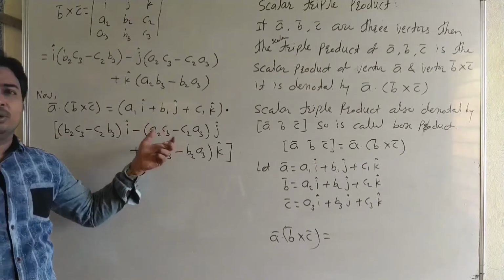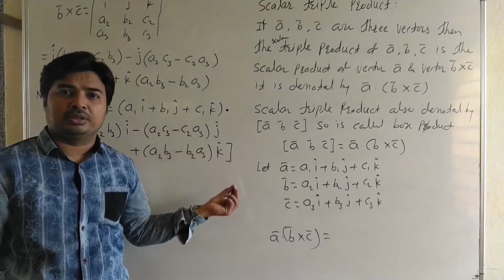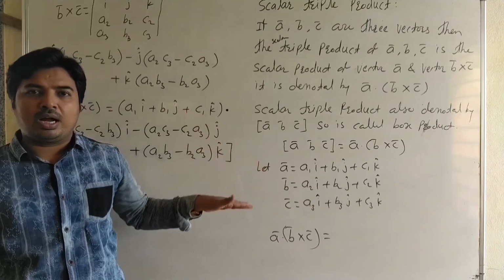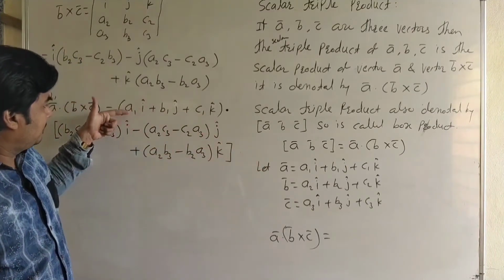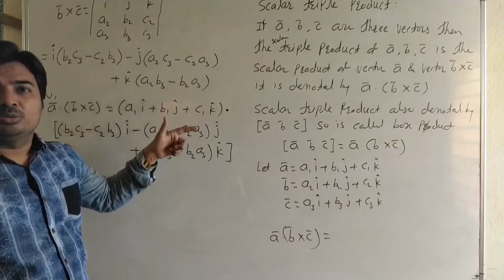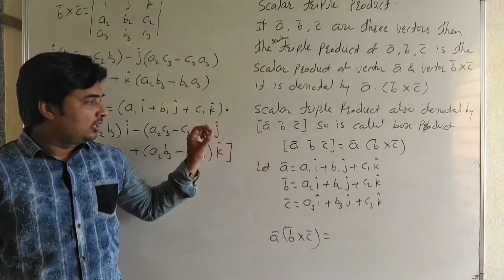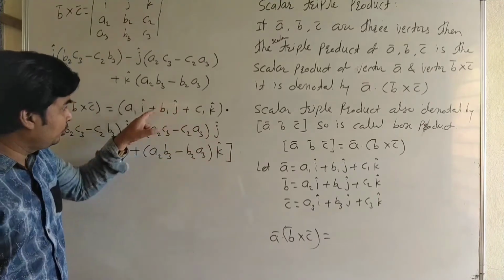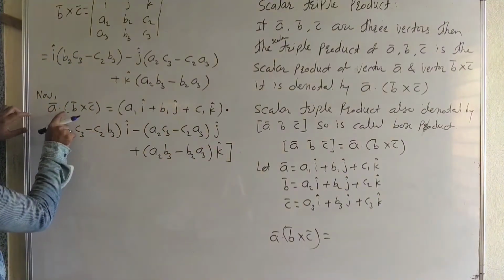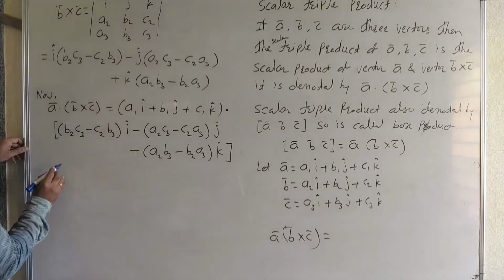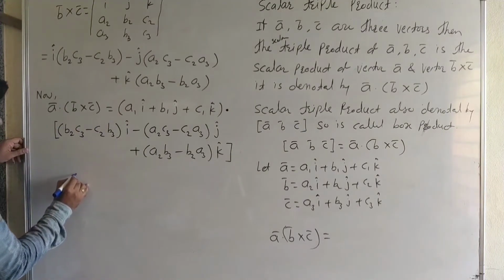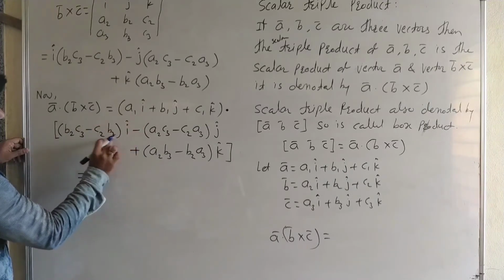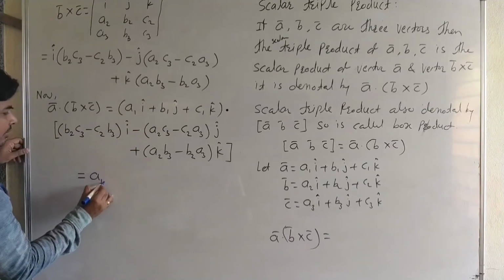Okay, and we know the scalar product of two vectors by using the components. We multiply the coefficient of I, then coefficient of J and then coefficient of K and add them. Dot product, that is the scalar product by using components of the two vectors, and those two vectors are A bar and B bar cross C bar. Therefore we can write here the dot product: coefficient of I is A1 and here coefficient of I is this. Therefore A1 into